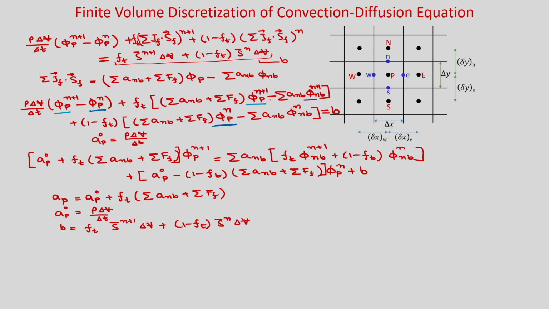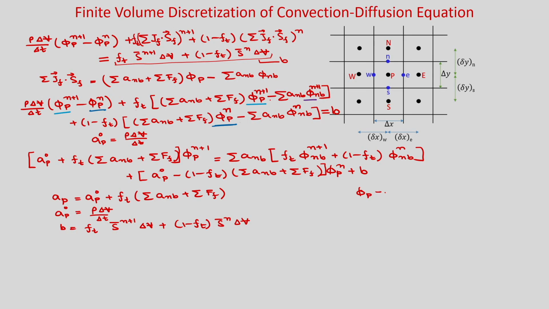Okay. So, this is the final discretized equation for this unsteady convection diffusion equation, and we have written it in terms of the coefficients. The diagonal coefficient is a p, and phi p at n plus 1 obviously represents the value at the cell center, that is your i, j. So phi p is phi i j, and similarly east will be i plus 1 j, west i minus 1 j, north will be i j plus 1, and south will be i j minus 1. Now, let us consider the special cases.